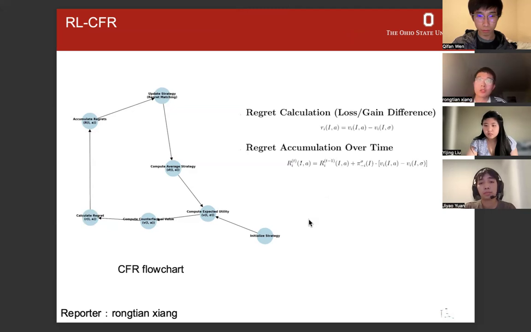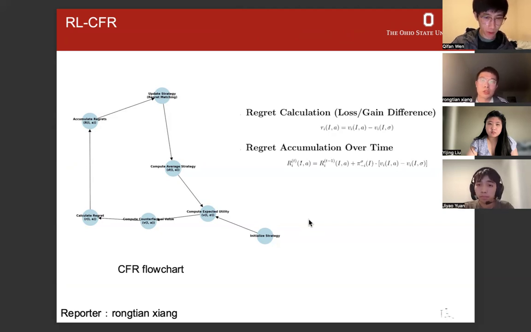And then we calculate the regret. The regret means the difference in utility from not choosing action A, and a positive regret means that choosing action A could have had a higher utility.